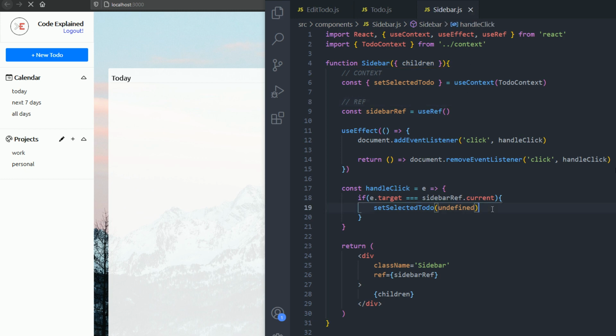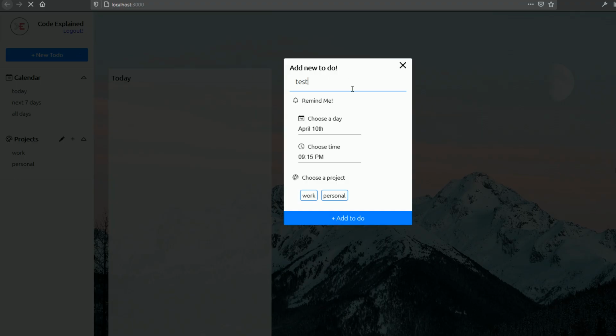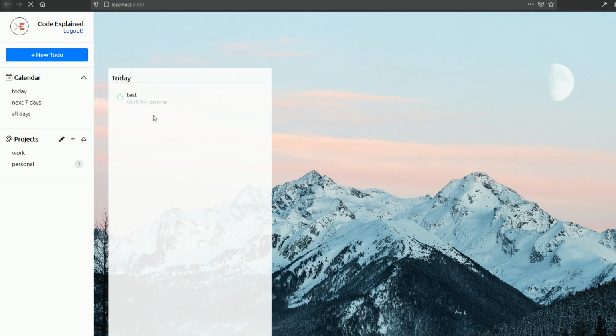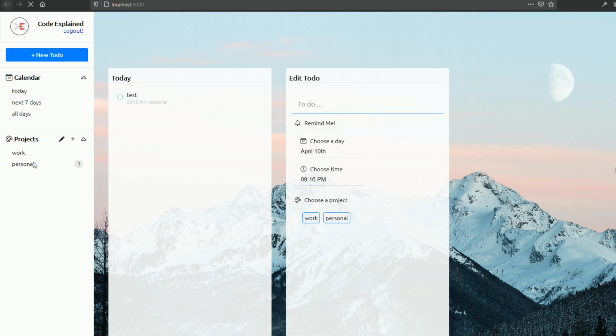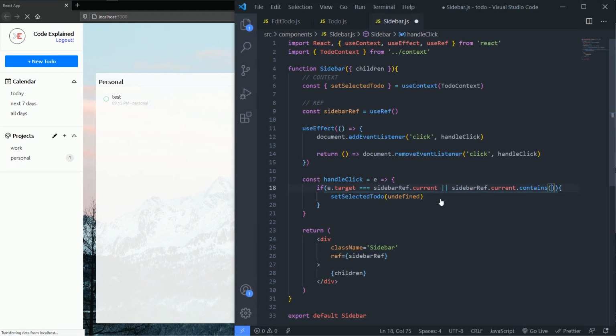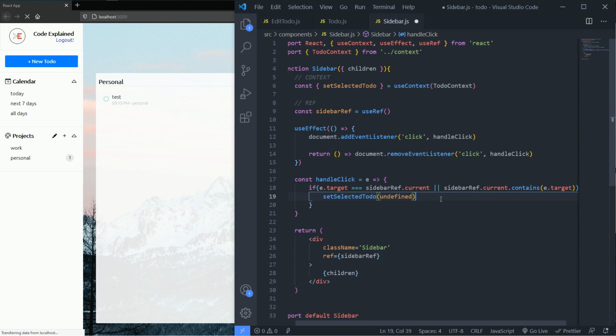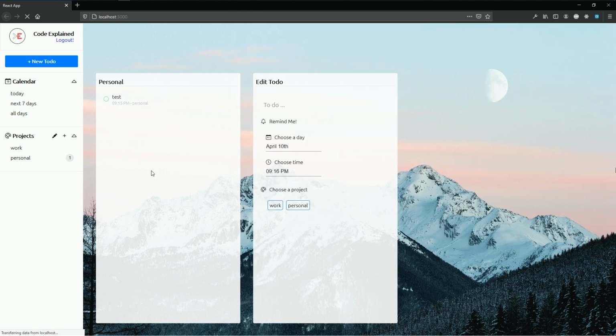So I'm gonna go and hit save. Let's go and check that. So I'm gonna go and add a new to do. If I click on that to do, you can see that it shows up, but if I click on the sidebar, we hide that. Now if I click on one of these, you can see that we can't hide the edit to do menu because we need to also check if the e.target is contained in, is a descendant of